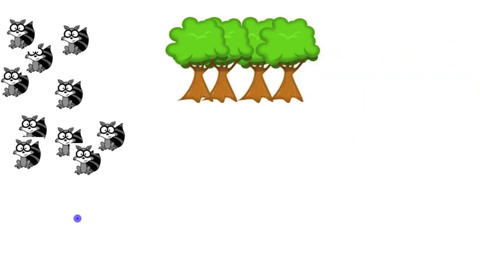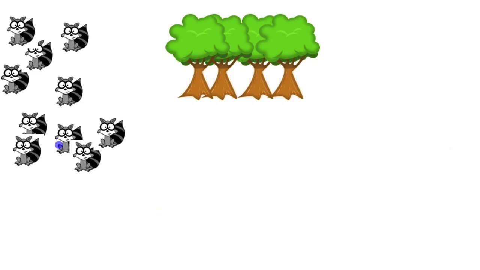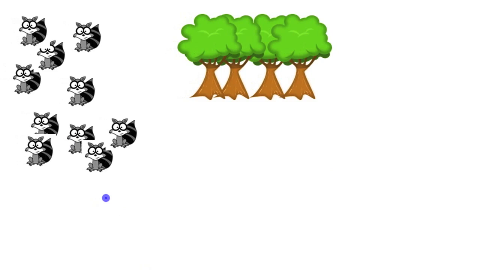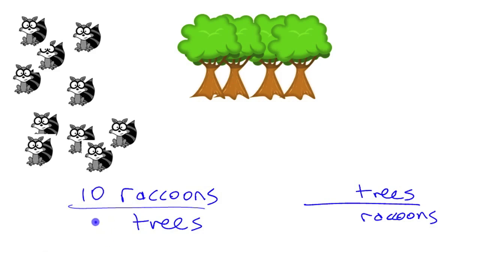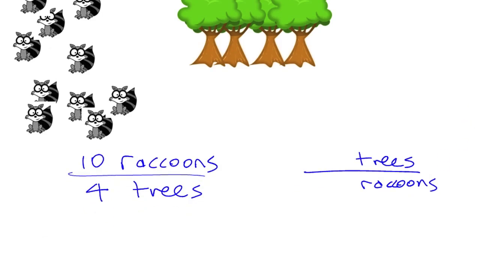If we're going to try and make some kind of a comparison there, you could do it a couple different ways, because this is kind of such a goofy situation that I don't know whether I want to compare raccoons to trees this way, or I could write it the other way. I could do trees to raccoons. Oops, missed a C there. Okay, if I say I have 10 raccoons and 4 trees, that's a rate that I can write right there,